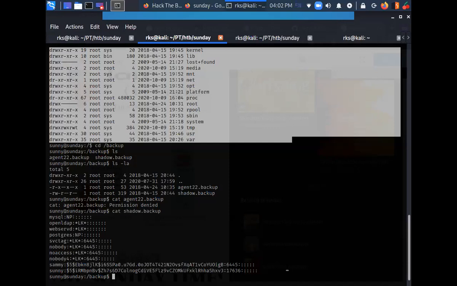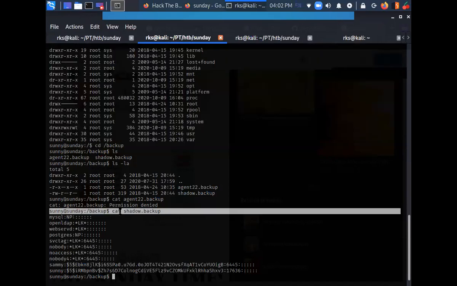So login credentials are saved in which file? They are saved in the shadow file, /etc/shadow. So probably this is the backup file for the user credentials.